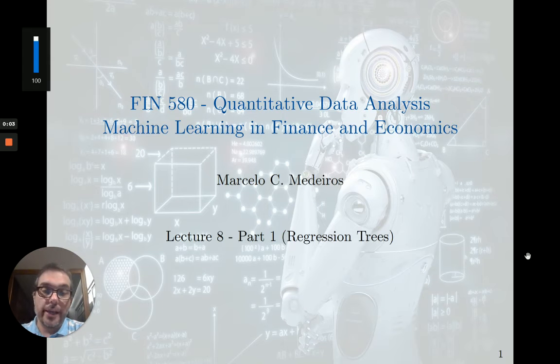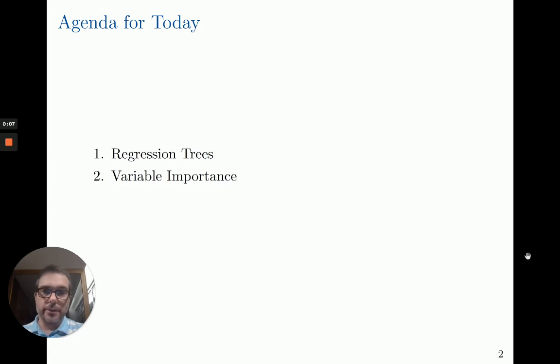Hi, this is lecture 8, part 1, and we are going to talk about regression trees. Okay? So I'm going to present the concept of regression trees, and I'm going to talk about variable importance in regression trees. I would like to call your attention that the part about variable importance can also be used with other nonlinear models. I'm going to present several techniques that are kind of general and can be used in other